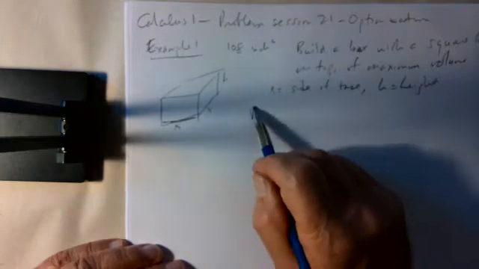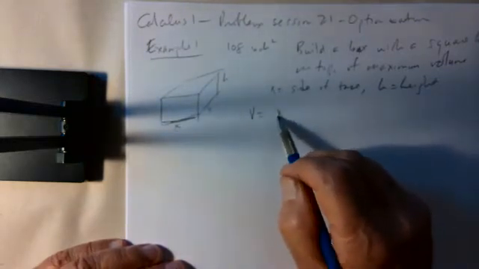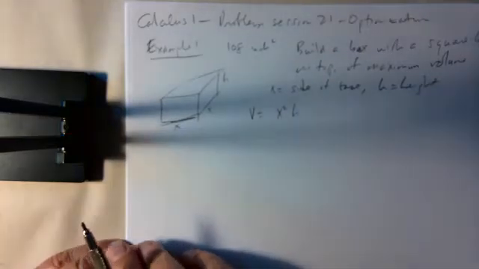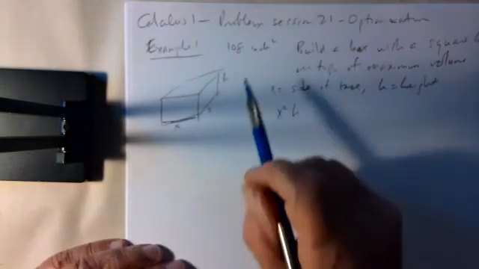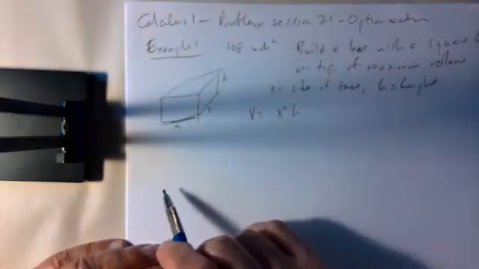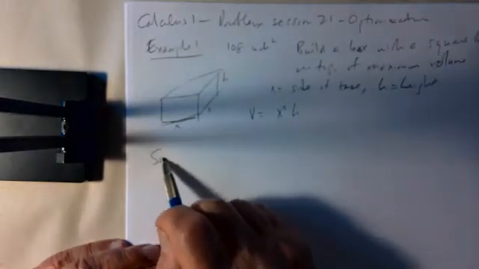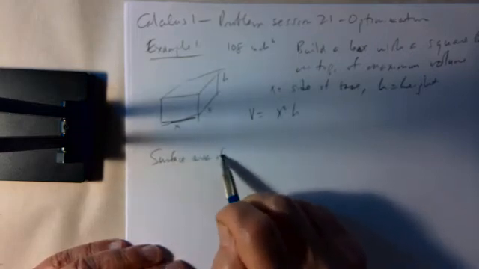So the volume of this box is the area of the base, x squared, times the height. And we want to maximize that. Well, what does it mean to maximize that? We only have 108 square inches of material. So the surface area of the box